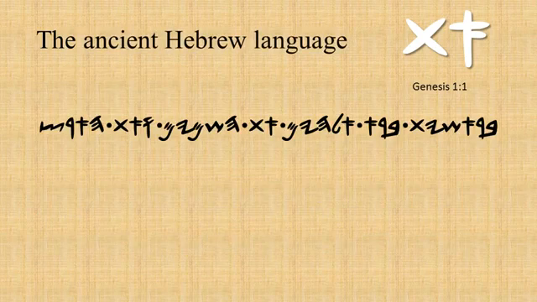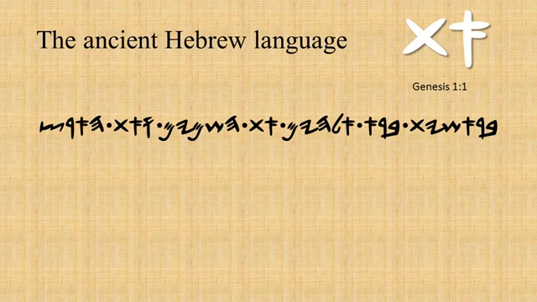Once you understand how easy the system I just outlined is, you can look at this text and not be confused. Everything you need in order to read this text, which is Genesis chapter 1 verse 1 in the ancient script, is right in front of your eyes. No need for vowel points or diacritic signs of any kind. No need for a rabbi or a cantor or a chazan to teach you. Anyone can read this text flawlessly, even if they have no idea what they are saying. They only have to know the individual sounds that the letters make and the simple rules for the 5 vowel letters already discussed.